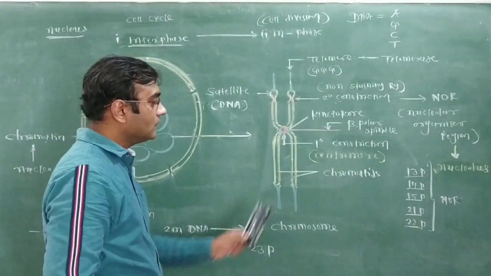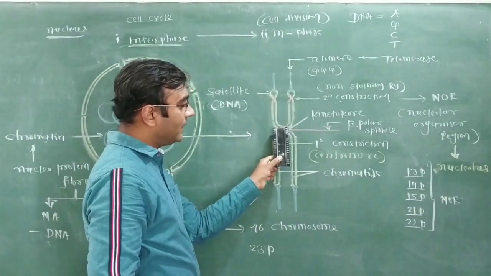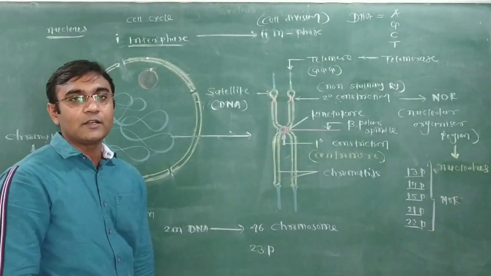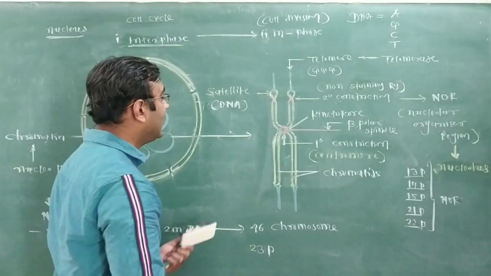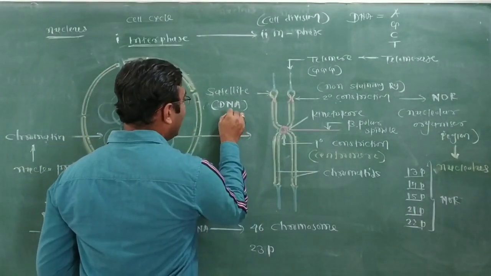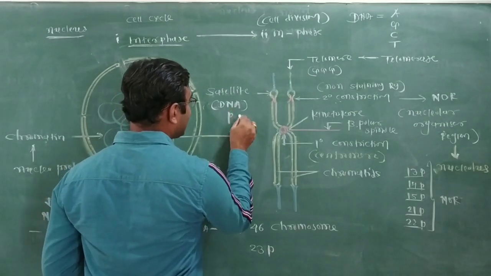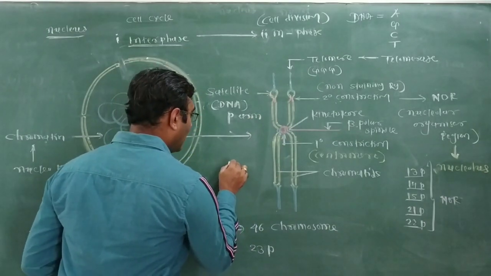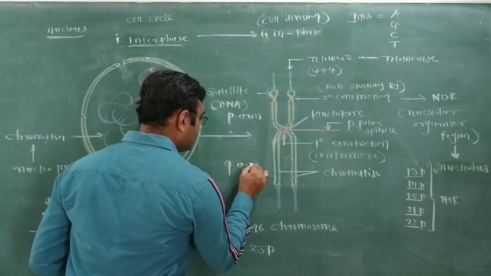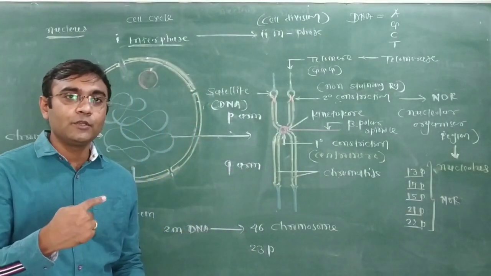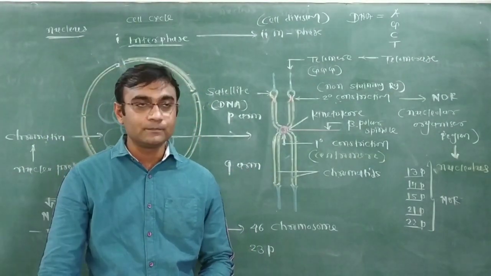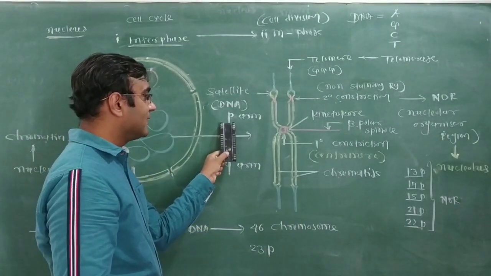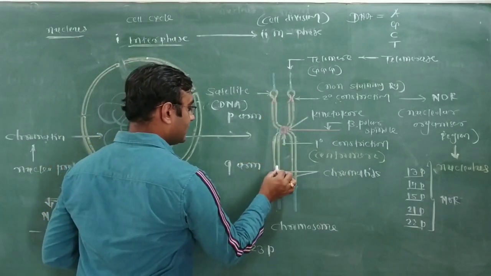Now, this is the centromere. Over the centromere, an arm is present, as well as under the centromere, which is symbolically explained with P and Q. The upper, shorter arm generally is the P arm, and the lower one is the Q arm, which is the longer arm. This question on P arm and Q arm was asked in the NEET exam 2019. The upper shorter arm of any chromosome is the P arm and this is the Q arm.